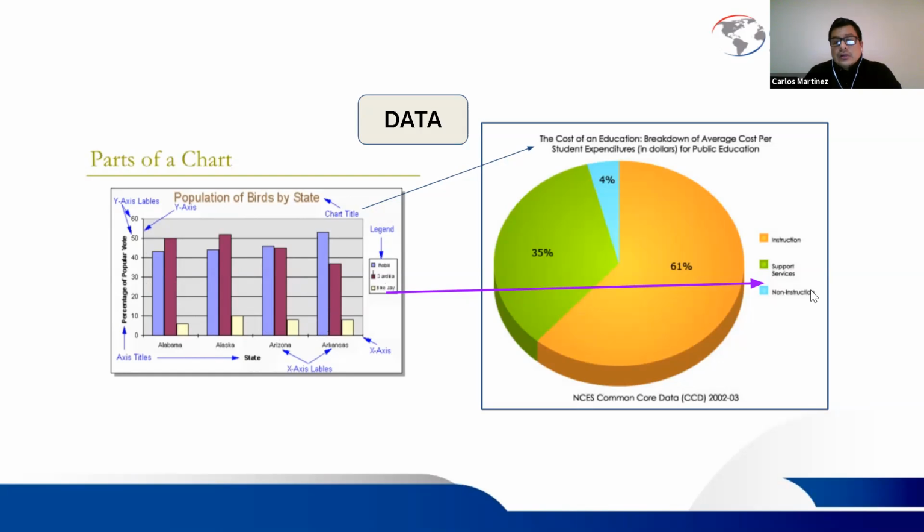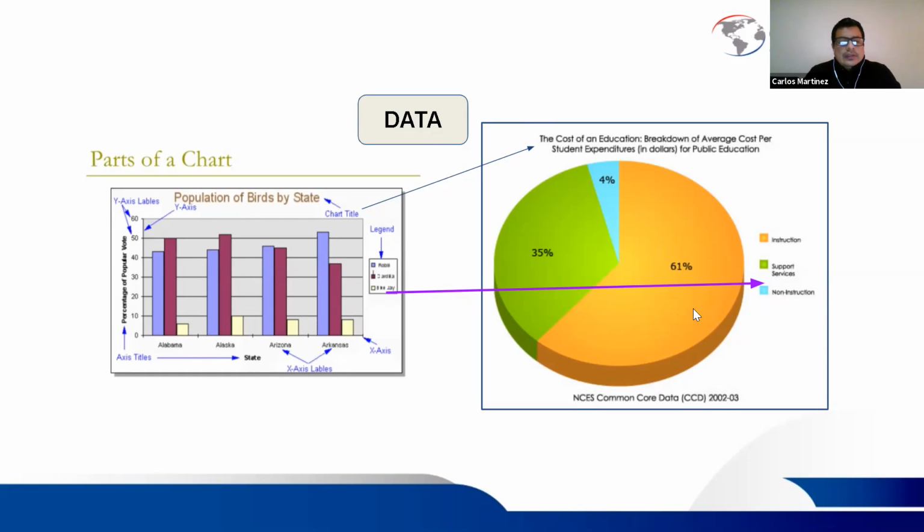Now the pie charts also have a legend, and like I said, this is common for all the types of charts. For example, the legend in this chart means that this orangey color means instruction, the green one means support services, and the light blue one means non-instruction. So I just look at the pie chart and I know what each one represents. Okay,